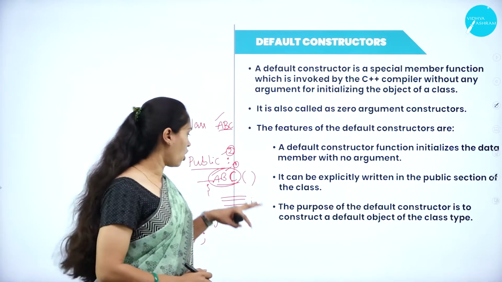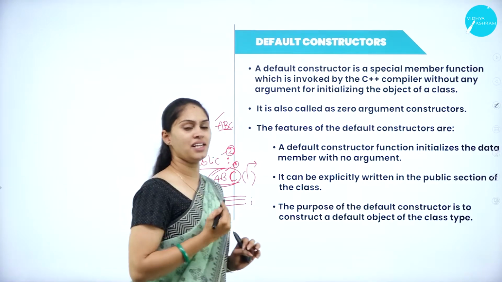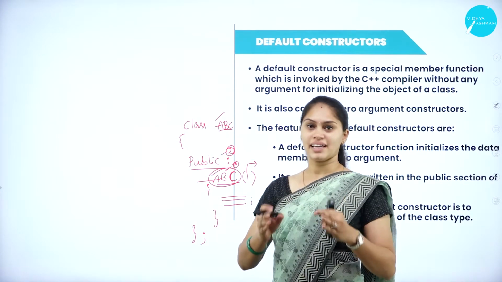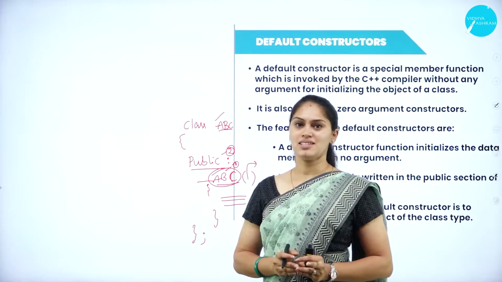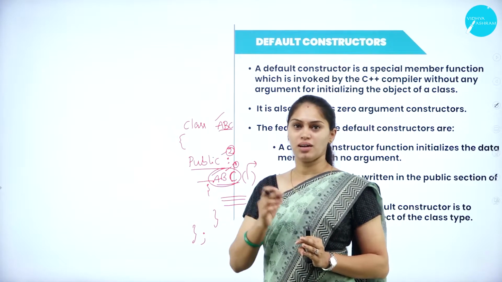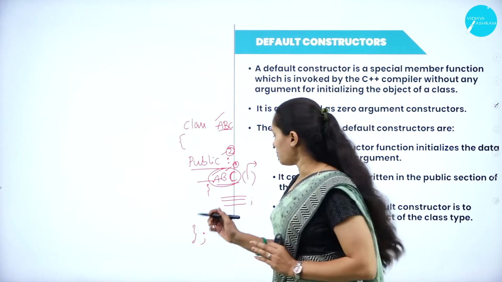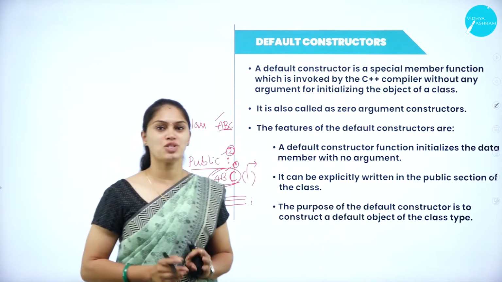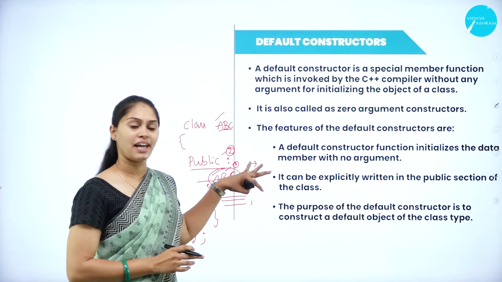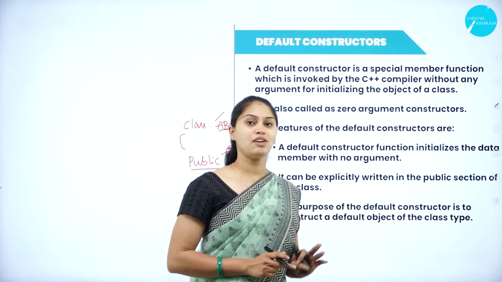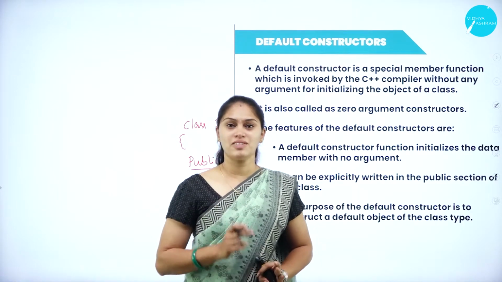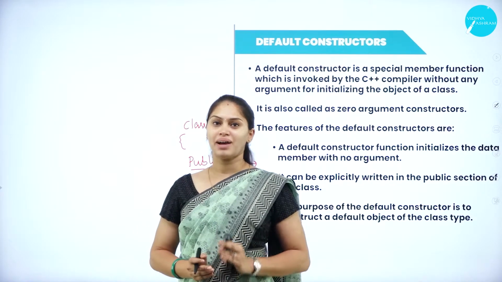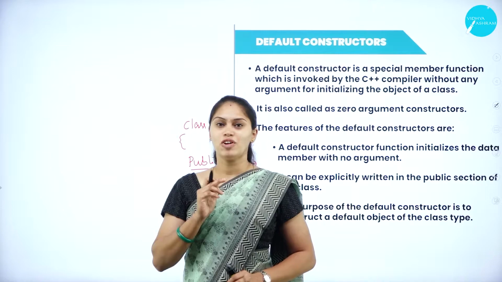After that, you have to check here. In this parenthesis, I can send any arguments or parameters. What can I send within that parenthesis? I can send arguments or parameters, that is a variable which helps to perform a particular task. So am I sending any arguments or parameters here? No. If I am not sending any arguments or parameters to the function, then I can call that type of constructor a default constructor. You are getting it? When I am not sending any parameters or arguments to the constructor, at that time I can call that type of constructor a default constructor.